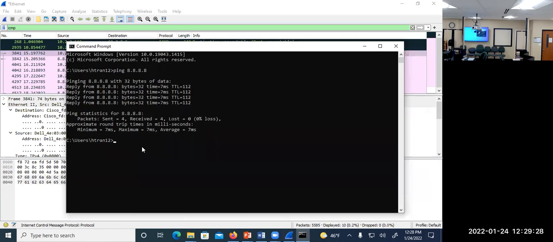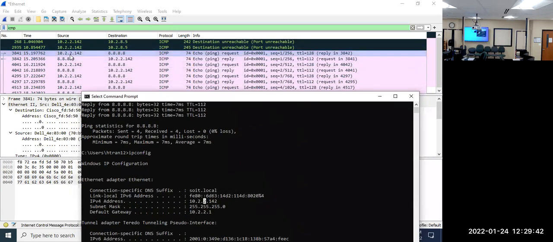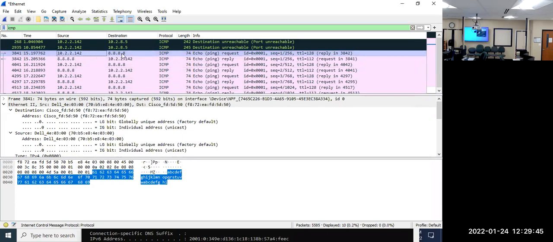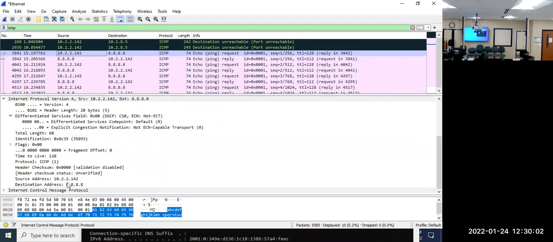And I can verify it again by checking what my IP address is. When I put ipconfig, I see I have the IP address of 10.2.2.142 here. It's matching with this one here. So we see I pinged Google, and Google responded to me. And I ping again, respond again, ping again, and respond again. And you can dig down into each of the frames. It's very, very simple by expanding the information here. And you see this one is ICMP, Internet Control Message Protocol. And I click on